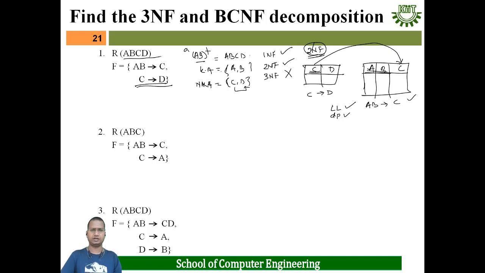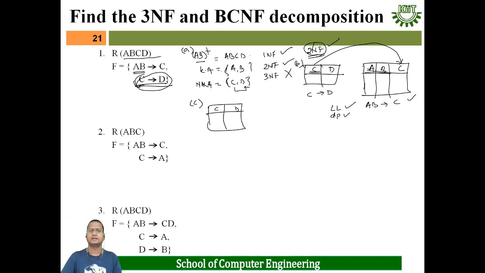First in A we have to find out the highest normal form, that is 2NF, and in B the 3NF decomposition. This is the 3NF decomposition. In C we have to do BCNF decomposition. In case of BCNF decomposition, which functional dependency is creating a problem? Just see here, AB is a key. Is C a key? No, C is not a key. That means this functional dependency is creating a problem. That means taking that, we have to create one table CD.